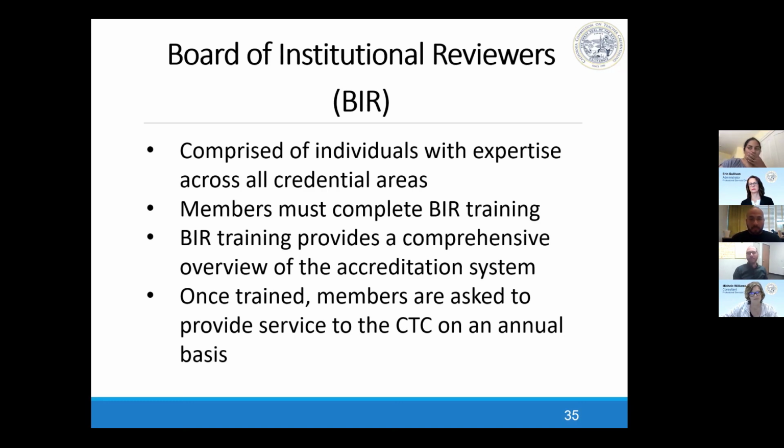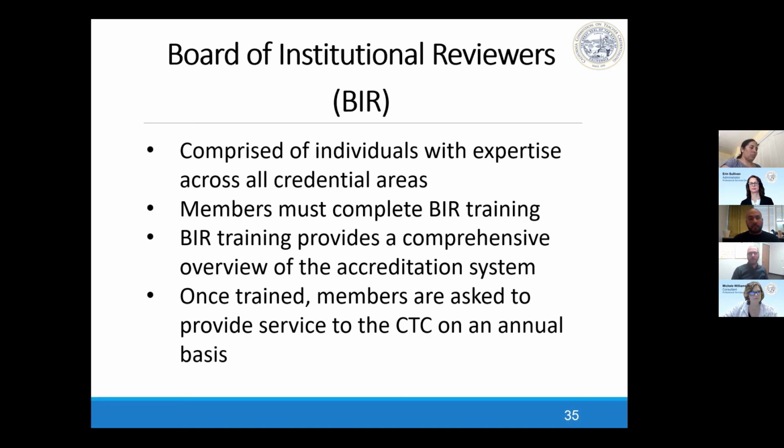Obviously, it is an iterative process, like we've mentioned with most things in IIA. But your common standards will be reviewed by some of our most knowledgeable experts. They are BIR members. So these are people who have done program review, they've done common standards review, and they've done a site visit. So they have a wealth of knowledge. They know the process very well, and they understand that this is a prospective program and not one that is